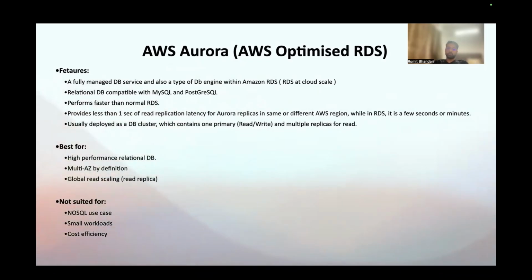So obviously lesser cost would be the normal RDS DB, but yeah, the downside would be that the replication would be slower, and other things which we just talked about, the scaling would be a little bit of an issue with RDS. Okay, yeah, that's pretty much about